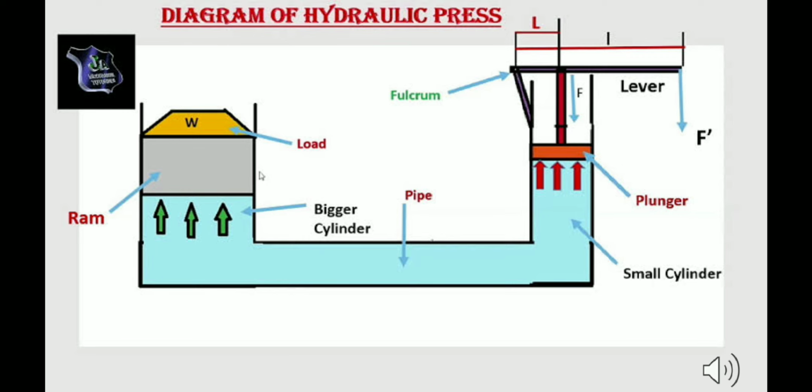So these were three simple examples of hydraulic machines. One was a hydraulic lift, one was a hydraulic press, and the third one was a hydraulic brake. So you have understood how pressure is transmitted equally and undiminished in all the directions. That means you have understood what Pascal's law is. So this was all about pressure in fluids. You must have understood a lot from here.